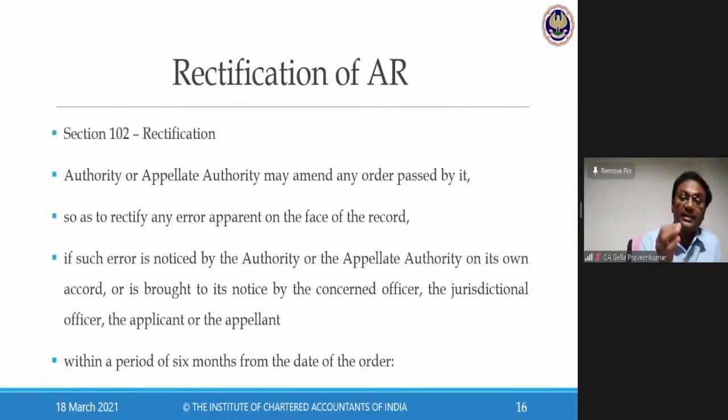Rectification. Now, this is one fantastic thing we will see in the majority of advance rulings. Rectification of advance ruling. Why rectification? Printing mistake. Now, I would tell the practical experience, there will be a plethora of issues in the advance ruling. Why? Because there will be 30 to 40 applications in a month. In the process of typing this,